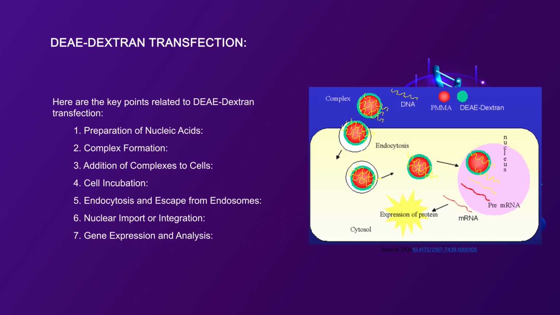DEAE dextran transfection is generally considered a simple and cost-effective method for introducing nucleic acid into mammalian cells. However, its efficiency can vary among different cell types. Optimization of DEAE dextran concentration, complex formation conditions, and culture conditions is crucial to achieve optimal transfection efficiency while minimizing cellular toxicity. So, now we move towards the second category of transfection methods, known as